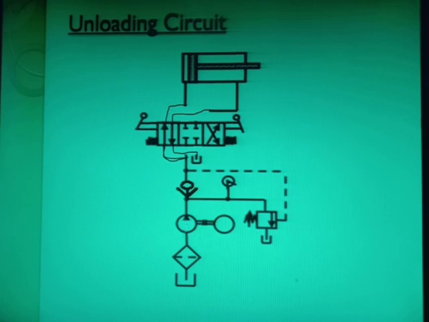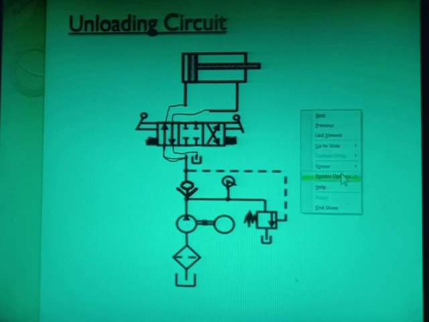reservoir. So what will happen as the pump is working here, the check valve is provided. So this check valve will get open. As it gets open, the oil will flow from here to here, and the actuator will start moving in the forward direction. Extension of the actuator will take place. Whatever oil is there, that oil from this port will come to the reservoir and the operation is finished, right?